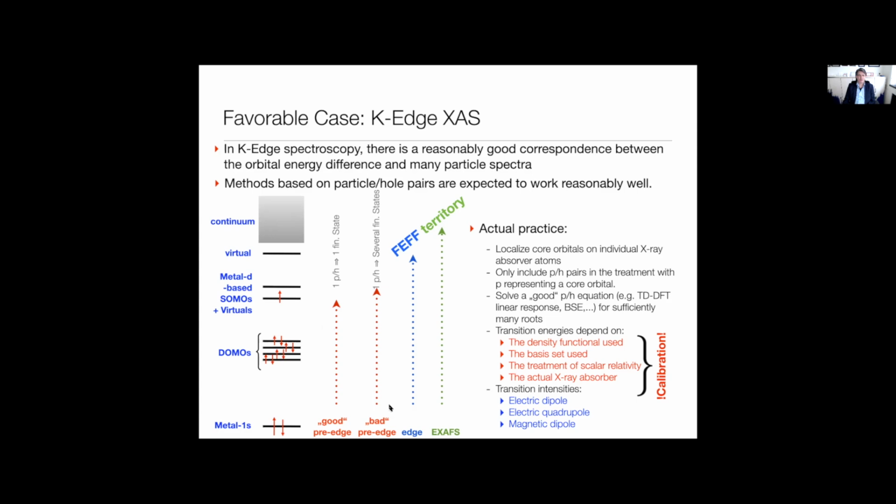And then, of course, you have the continuum when you start exciting electrons into unbound states, and that is then scattering territory. So quantum chemistry can be relatively successful here, but it has very, very little to say about the scattering, and that starts somewhere in the rising edge and then goes to the EXAFS, and that's why I've marked this here as a different territory, and I will briefly talk about EXAFS a little down the road.